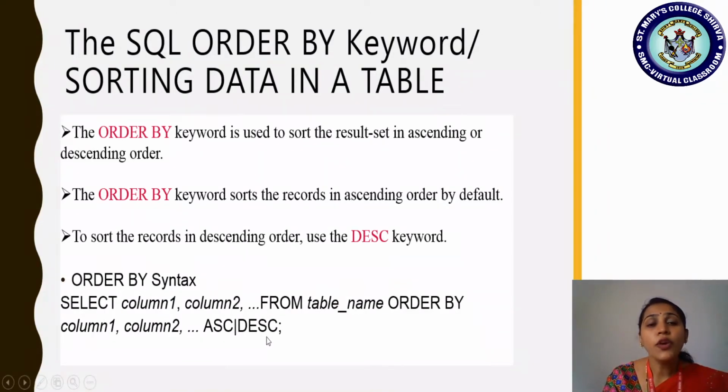If you want it in descending order, then only you should specify DESC and end it with a semicolon. Otherwise, if you want to view it in ascending order, then order by, and which attribute you want to sort, that you mention, column 1, column 2. Suppose you have mentioned only one attribute, no issues, we can sort for one attribute also. If you mention more than one attribute also we can sort. Just end it with a semicolon. No need to include ASC there. It is not required. By default it is going to show it in ascending order. Okay, so this is the importance of the order by keyword.